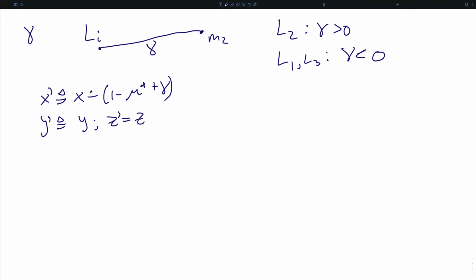We are also going to define a modified coordinate set where y prime is the same as our original y, z prime is the same as our original z, but x prime is given by x minus the quantity 1 minus mu star plus gamma. So we are just shifting our coordinate system over. Plugging this into our linearized equations of motion, we find